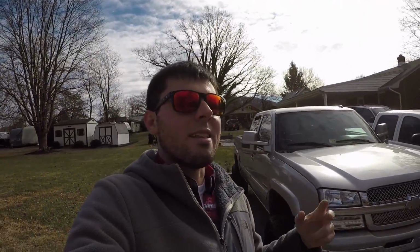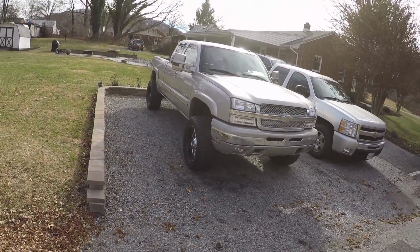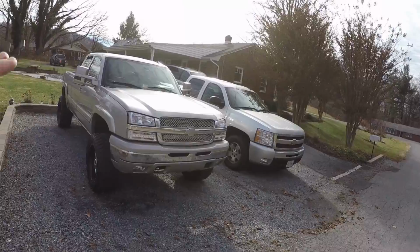So the power steering pumps and the hub assemblies are the 2 things that have gone out multiple times in this truck and have been kind of annoying. The third thing is the gauge cluster on the inside, and this will give me a chance